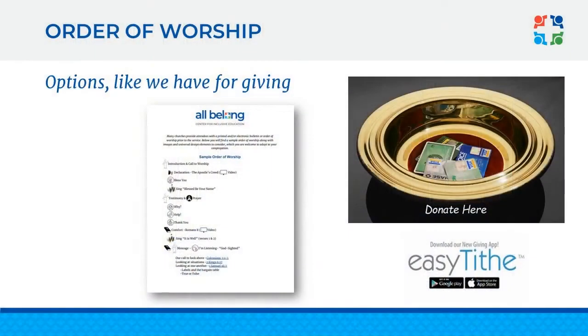What about that order of worship? Again, do we want people to have those words? Then maybe we build in some options. The same way we build in options around an offering. Do we want people to have access to give? Well, then we do it in a variety of ways. You could put money in the bucket that's being passed down the pew, or you could text it in. You could put it in during the week. You could have budget envelopes. There are so many different ways to give. How can we apply that and continue to apply that to the rest of that worship service?